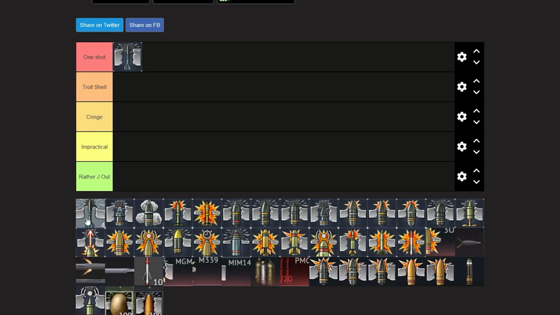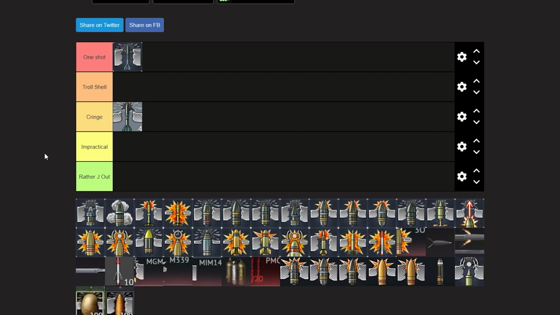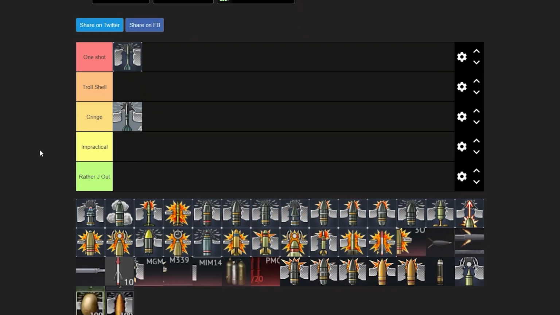However, for the lower BR Dart rounds, I cannot speak the same, guys. It's cringe. They don't do enough spalling. You gotta be really accurate with your shots. It's kind of like a higher skill level to use them. So yeah, I'm sorry to all the milsim enjoyers, to all the Zoomers, but the lower penning shell that has too many letters for me to remember,